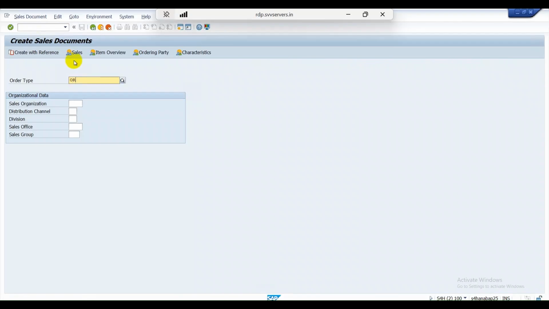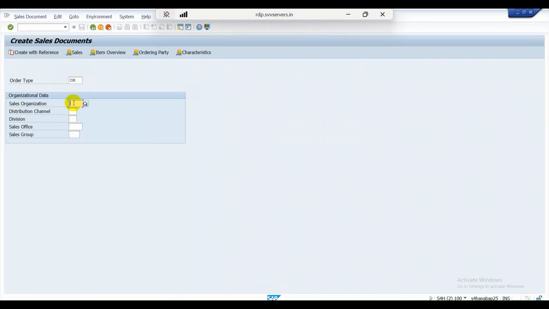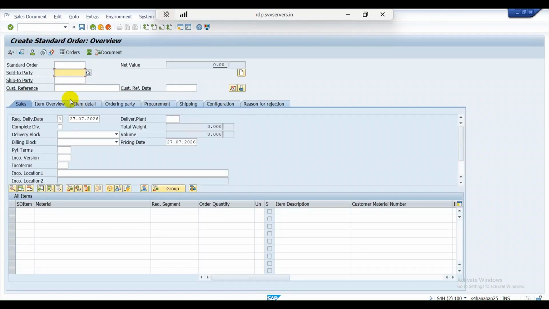So order type is OR, standard storage, standard document type is OR. And so we have to enter the sales area, distribution channel and division, and select enter. So here enter the customer code. Here I'm entering the customer code, customer reference, sales order 13,